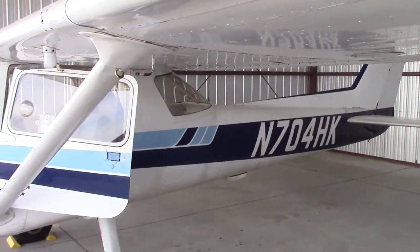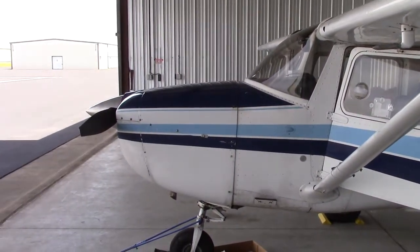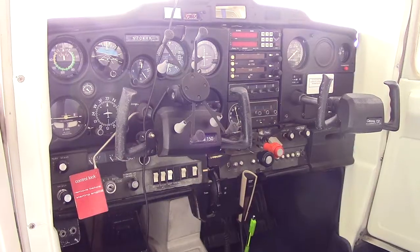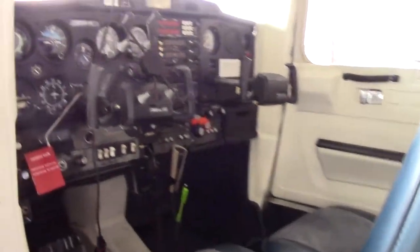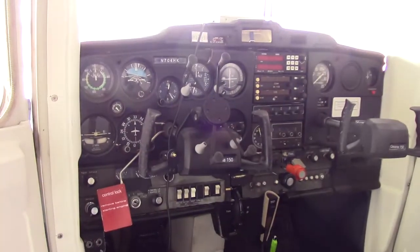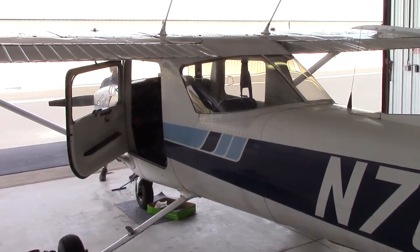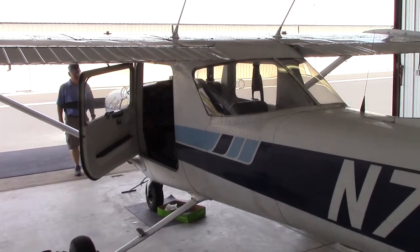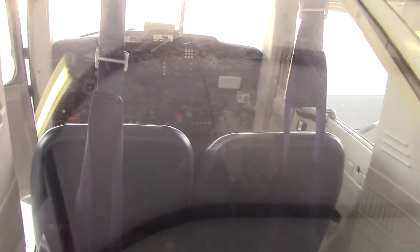When I tie it down, I have a cover for the cabin, and I wrestle that thing around. So my plastic should look close to new. Concern that passengers might worry about the general airworthiness of the plane because it looks so poor in the interior. But you can imagine that it's just superficial stuff. Yeah. And anything, it's tricky to,